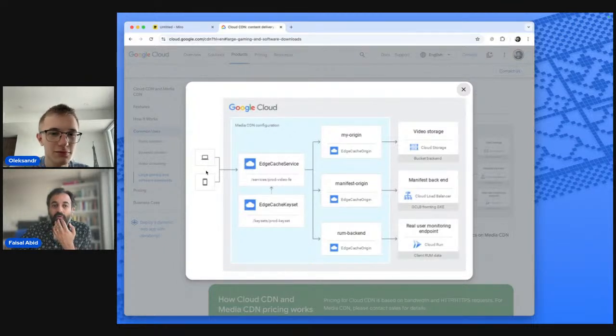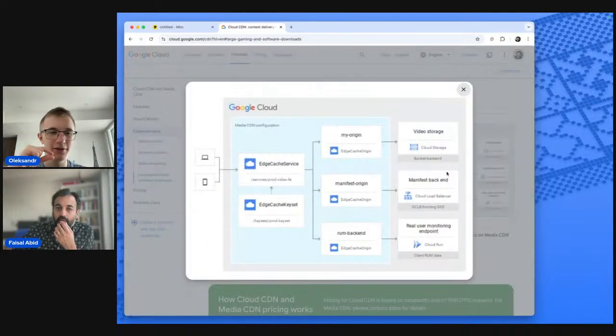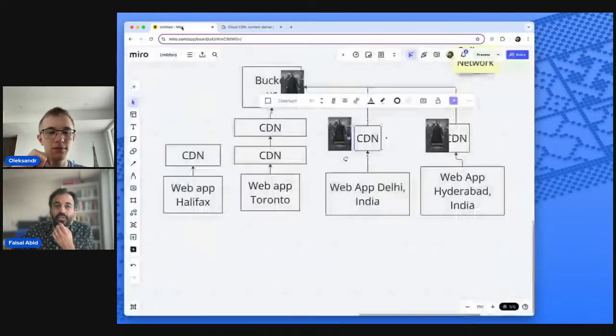So you have your web apps here, and then it's talking to the edges there, and then it's talking to the CDNs, the big guys, and the big guys are talking to the cloud storage bucket. Ignore all this other stuff, but what's happening is the same thing. It's talking to the CDN, and the CDN is delegating it out. So by edges, it means those smaller CDNs that you pointed out on the diagram, right? Yeah, exactly. Edges are the smaller CDNs.